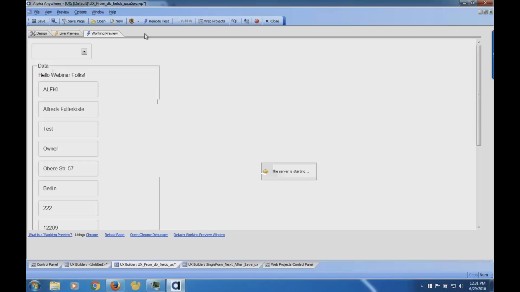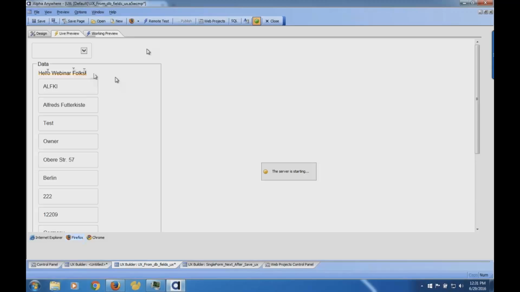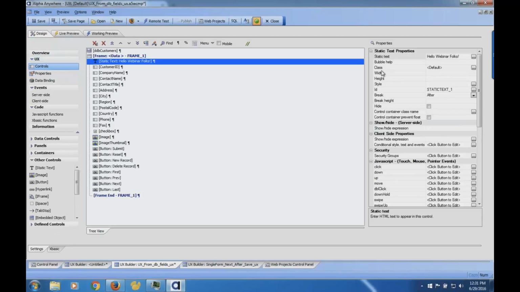So bear with me. Live preview runs it in a web browser. In this case, I'm using Firefox, but you could also use Chrome for this. Okay. So you'll see that it's got a specific formatting. And this formatting has a little shadowing to it, and that is dictated by the specific defaulted class that's associated with this type of control. So if I go back into design, I go back to my controls, you'll notice over here that when I go to the class button for this static text, it says default.